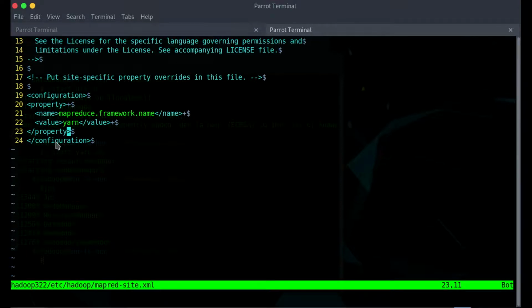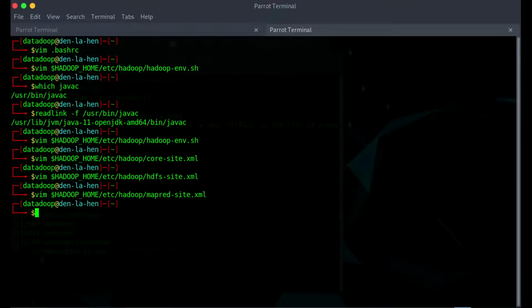Once you do this, again escape :wq. On doing this, you will be adding the following configuration to make sure the default MapReduce framework utilizes YARN.